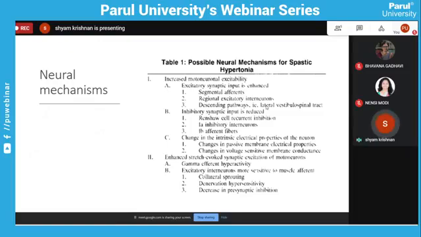Inhibitory synaptic input is reduced, like the Renshaw cell recurrent inhibition, which I told you is an interneuron within the spinal cord that regulates the activity of the alpha motor neuron. If the inhibition is reduced, it will cause an increase in tone. If there is a reduction in the activity of 1A inhibitory interneurons, which are responsible for reciprocal inhibition, there is going to be an increase in tone. If there is a reduction in 1B afferent fibers or changes in their properties, there is also going to be an increase in tone.